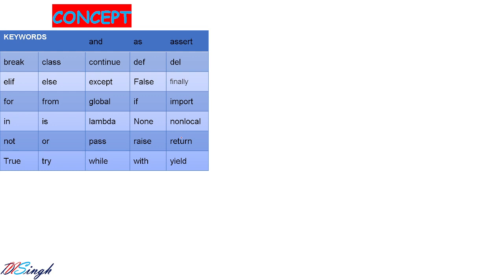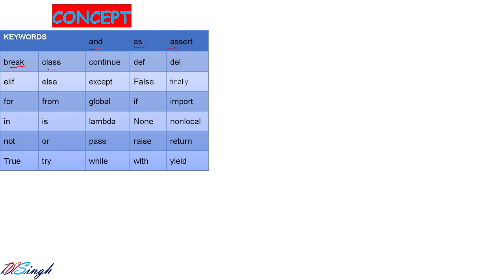Before going to the question, we should discuss a little bit of our concepts. Here we are going to see two concepts: what are the tokens or keywords in Python, and operators in Python. A keyword is a special word which has a special meaning to the compiler. Python gives a list of keywords, like and, as, assert,